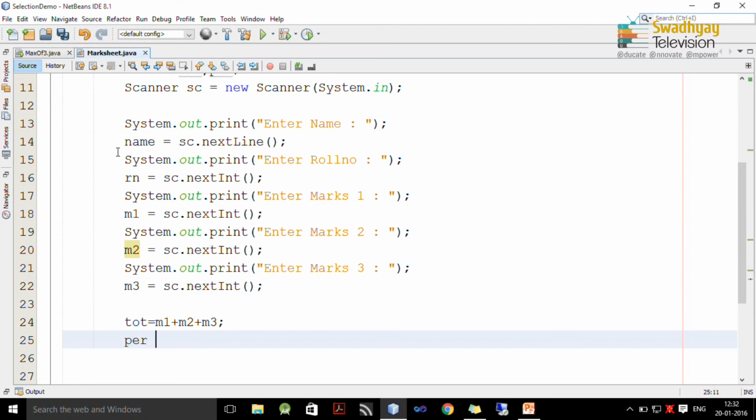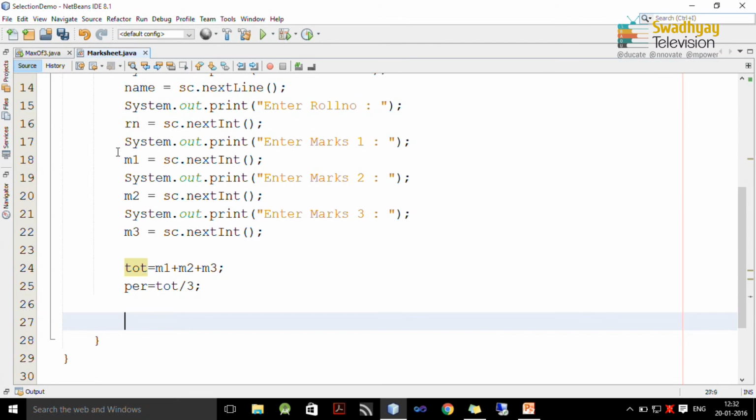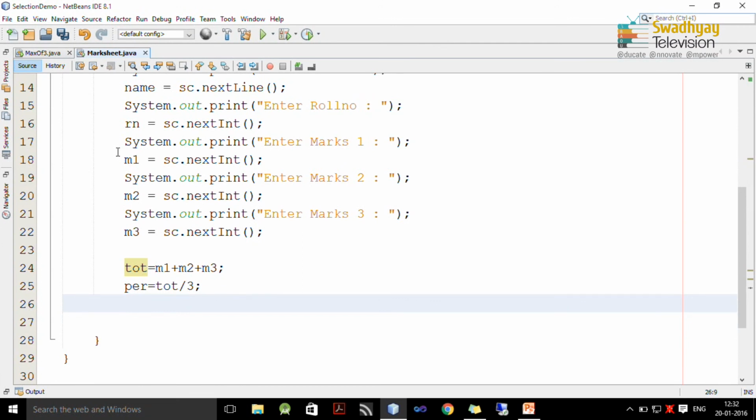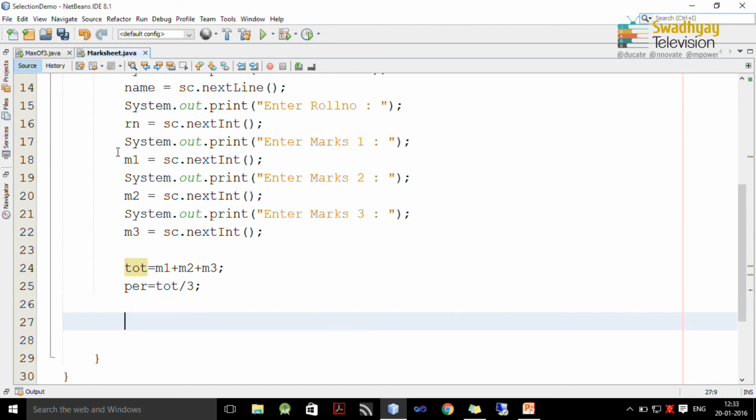So, we can find percentage by dividing total by 3 or dividing by 300 and multiplied by 100. So, total and percentage are found. Now, we will only calculate result as a pass if student is pass in all the subjects and the criteria for passing marks is 40.